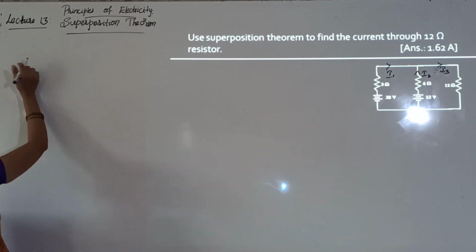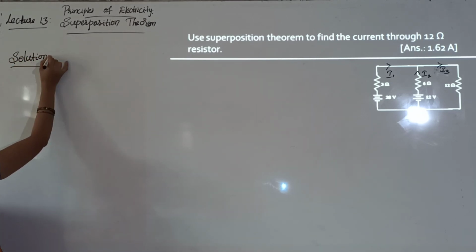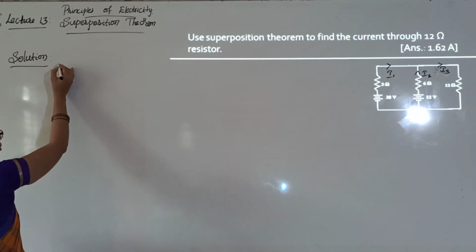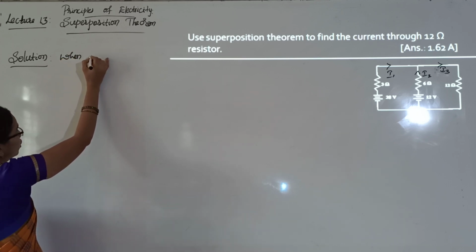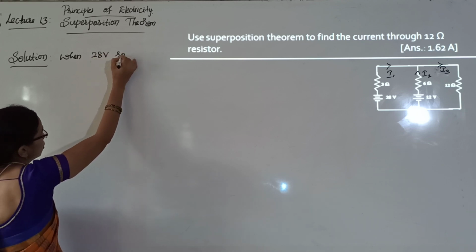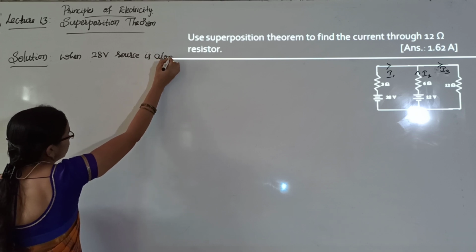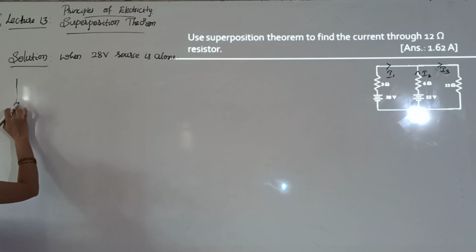The solution for this is, the circuit will be when the 28 volt source is considered alone, the circuit will be